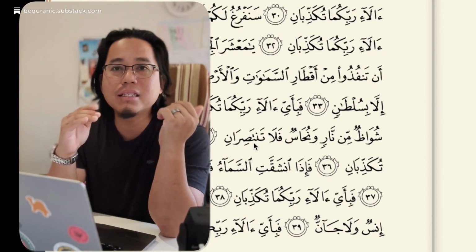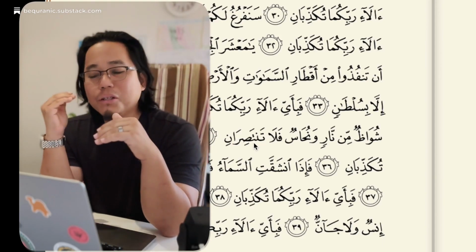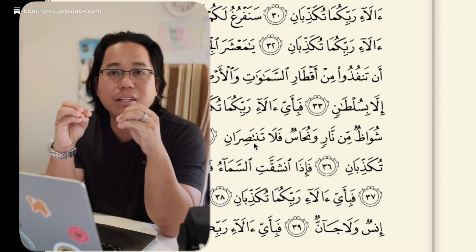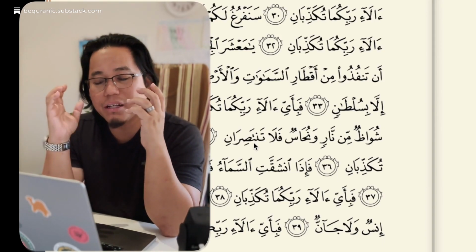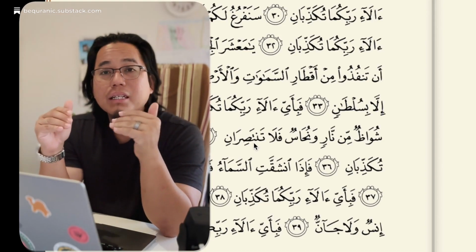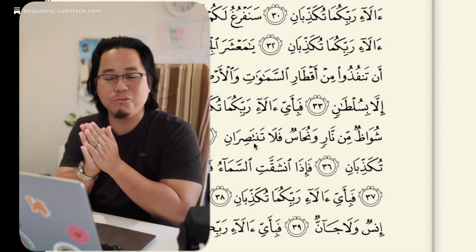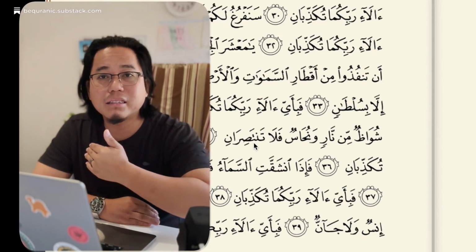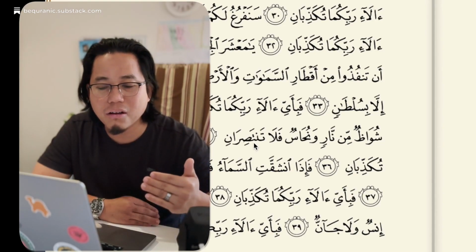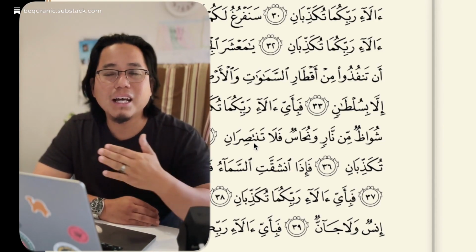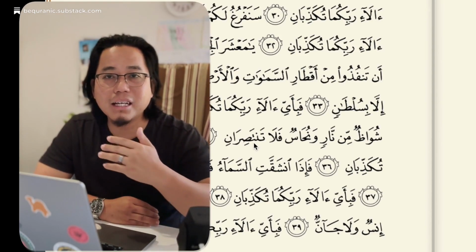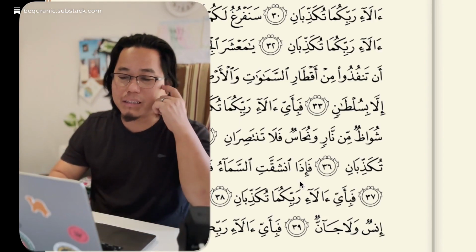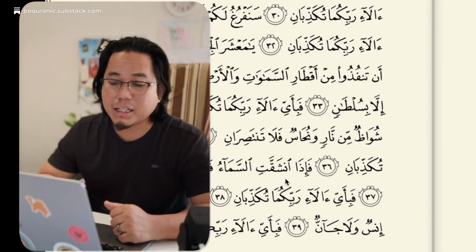Tasiran. If you were to read it with idhar, it will become tasiran. If you read it with idgham, it becomes tasiran, because the noon sound just disappears. In this case, the noon sound is still there. Tasiran. At. That's where your tongue is. Tasiran. Alright, we're going to look at one last example, and then we're going to the ayat of the week, an exciting ayat of the week.